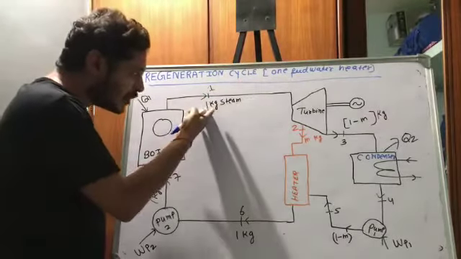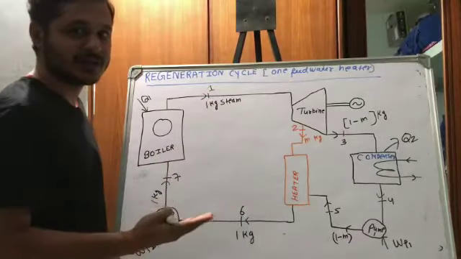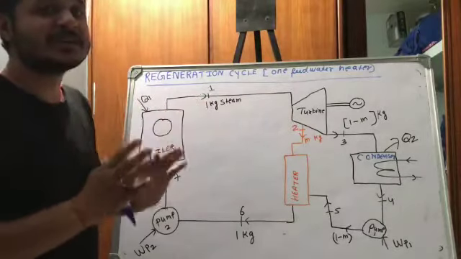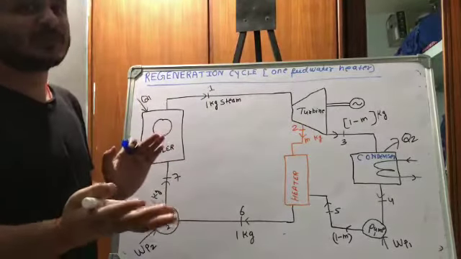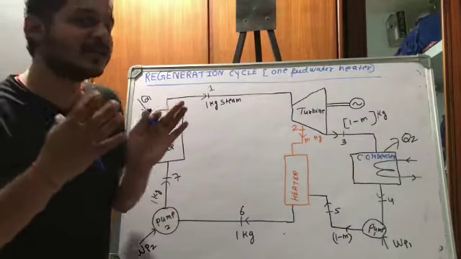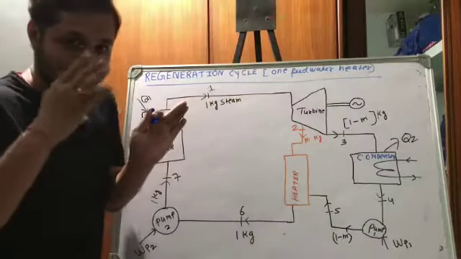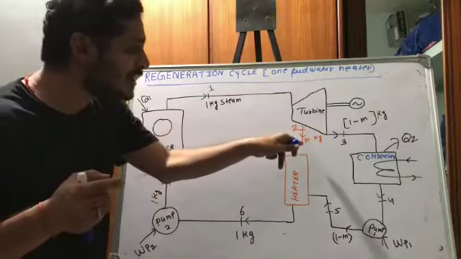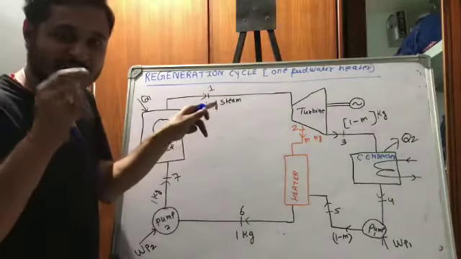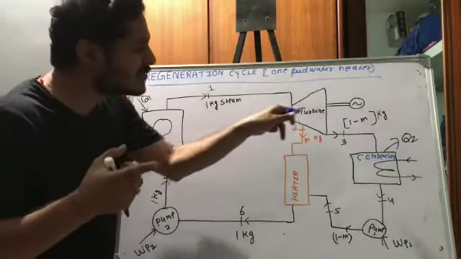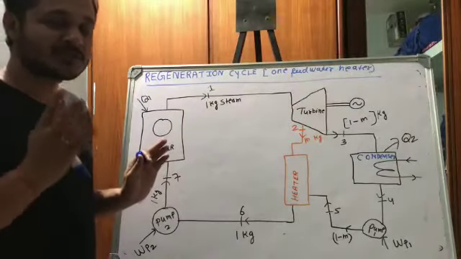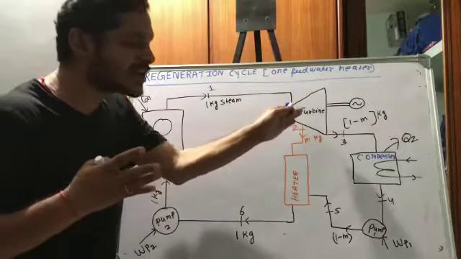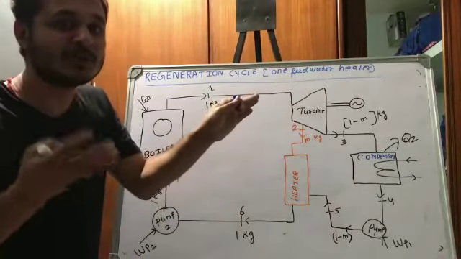Now you are not allowing this 1 kg of steam to expand. It means the amount of steam which is expanded in the turbine is less than 1 kg. It means that work output will decrease. Why will it decrease? See, initially if you were expanding 1 kg of steam, then you were getting work corresponding to 1 kg of steam. Now you are taking out m kg out of this 1 kg of steam, so you will be getting work corresponding to 1 minus m kg of steam. Okay, so if you are reducing the amount of steam, you are not allowing the full amount of steam to be expanded in the turbine, it means your work output will decrease.